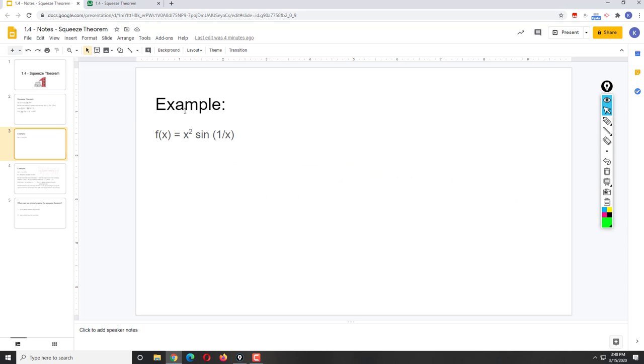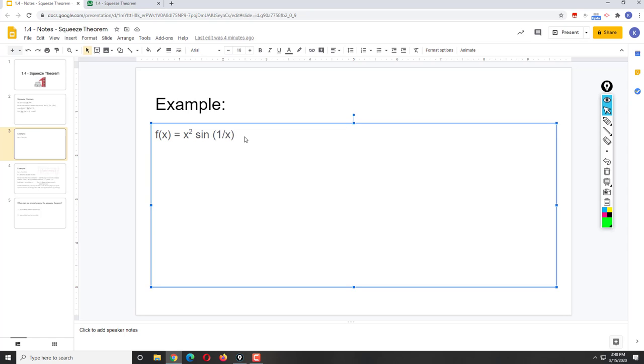This function is x squared times sine of 1 over x. That's hard to figure out. I mean, there's no really easy way of calculating. So the limit of f of x as x approaches 0 is difficult to calculate. Okay. But